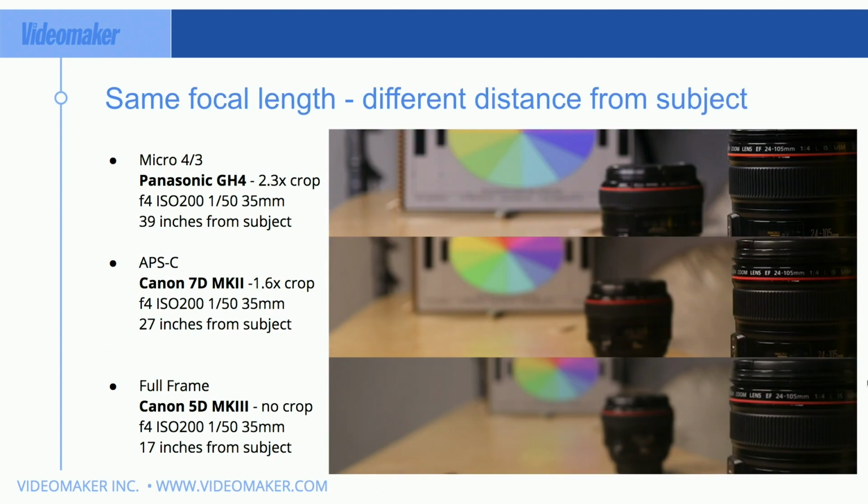So here is the same focal length, but different distances from the subject. So they're all at 35 millimeter now, but they are different distances from the subject, and you can see space compression happening here now, right? So the space compression is bringing that chart closer when shooting on the GH4 because of the smaller sensor. The middle one, same thing, it's getting a little bit closer, and it's really elongated there on the full frame. So nothing's changing here other than the sensor size.